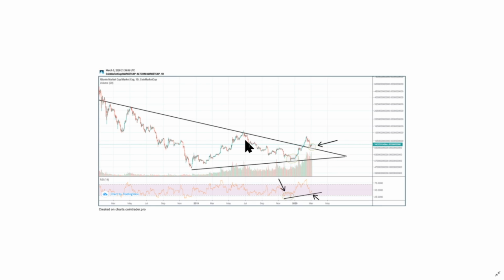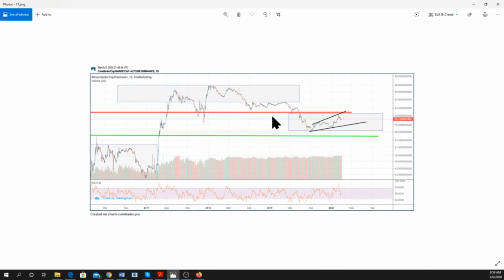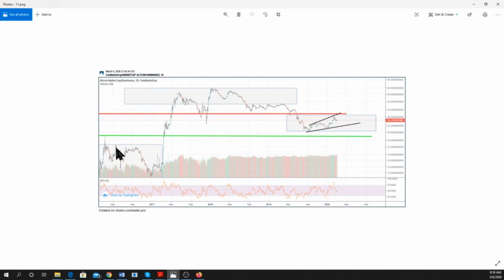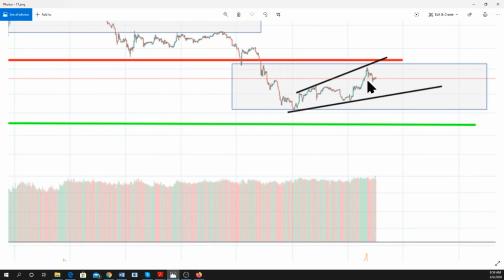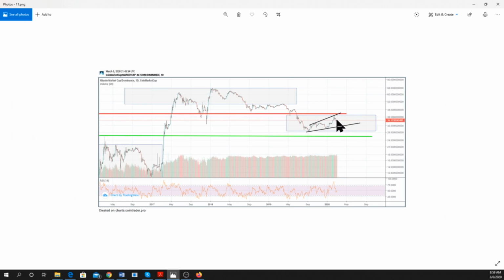Now if we move in and look at, for example, the next one, that is the altcoin dominance chart, you can see what we discussed yesterday, right? Buy low, sell high, and again this is the buy low here. The reason for that is we get a resistance zone here and a support zone here. Currently we are between those two areas, and we are making a reversal pattern here which is similar to that of XRP.